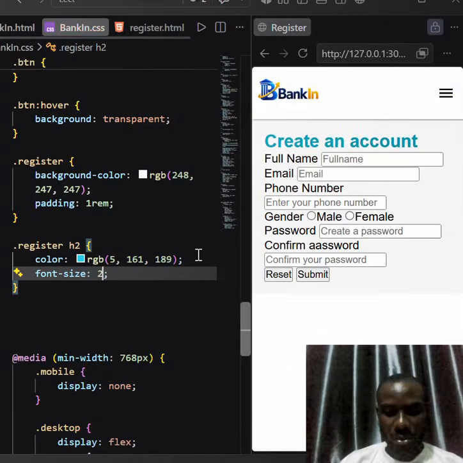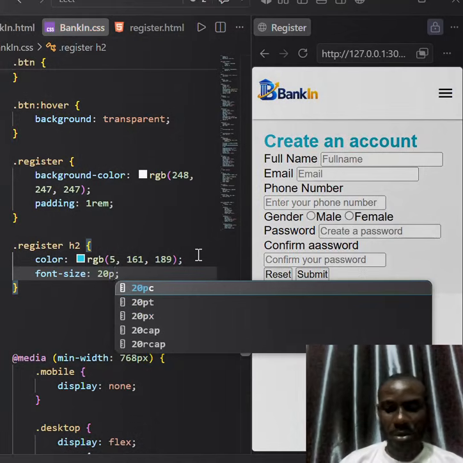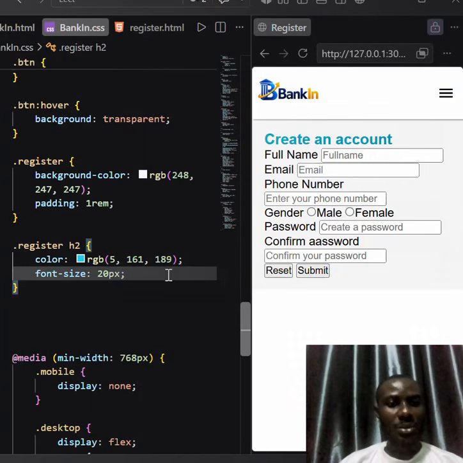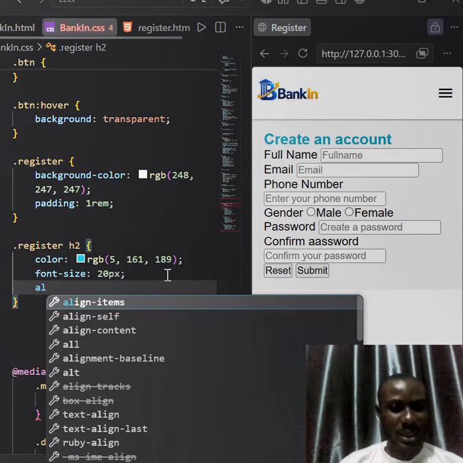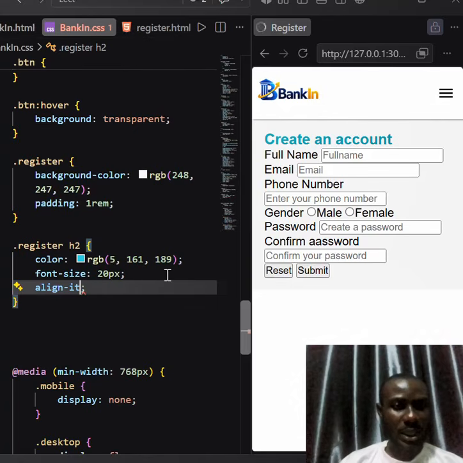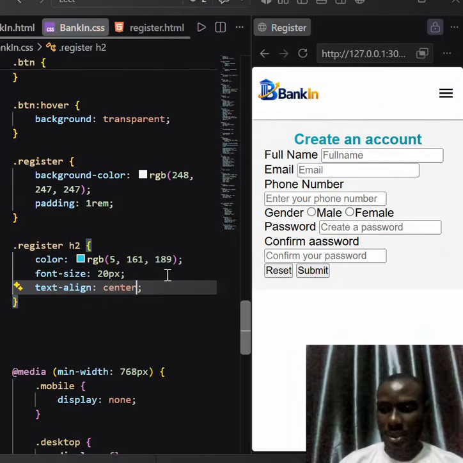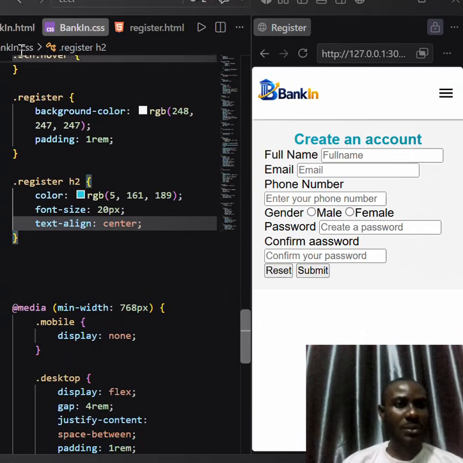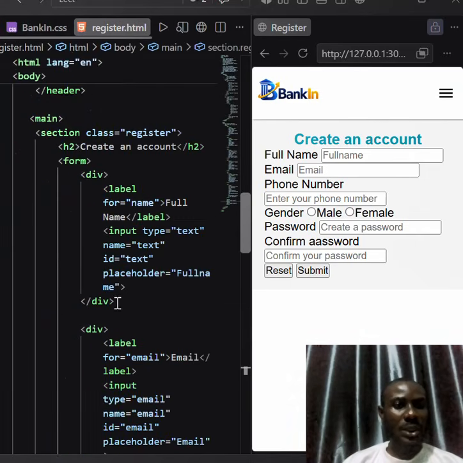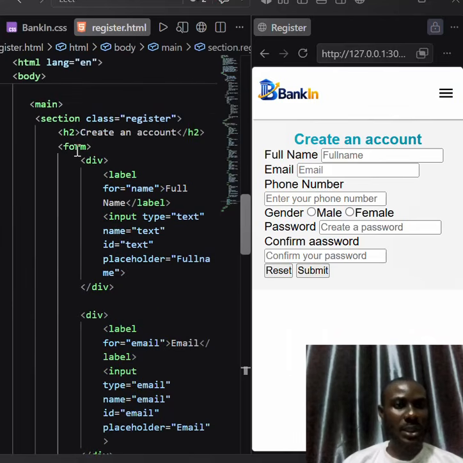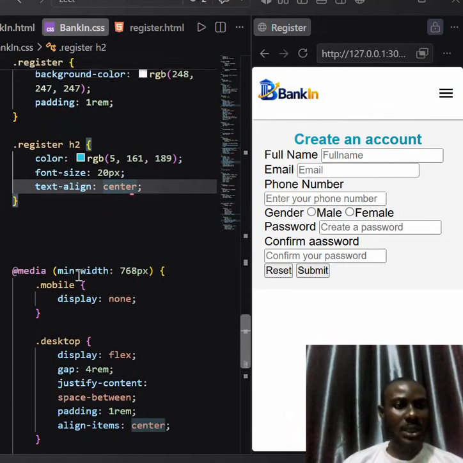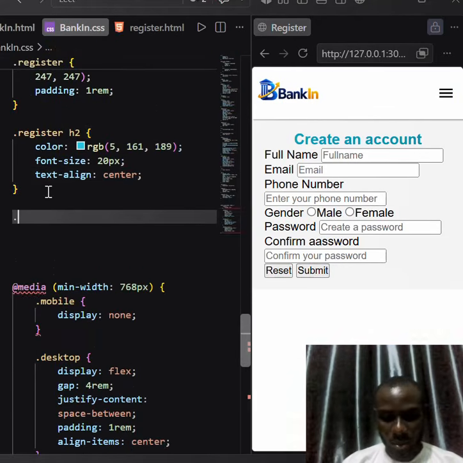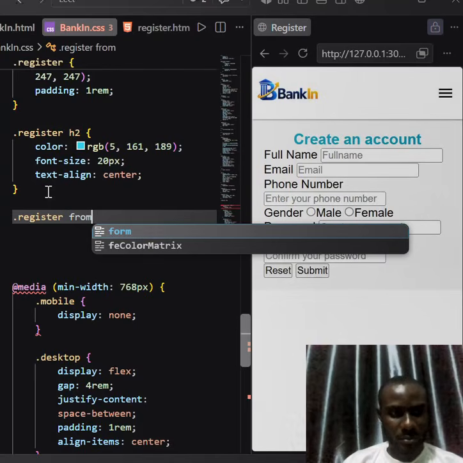And we'll now have the font size. I want to make it 20 pixels, font size of 20 pixels. Then align items, no, we can't align items, rather we'll do text align of center. It will balance up. So we go to the register form. Next one is dot register and form. We'll do that descendant selector, dot register form,